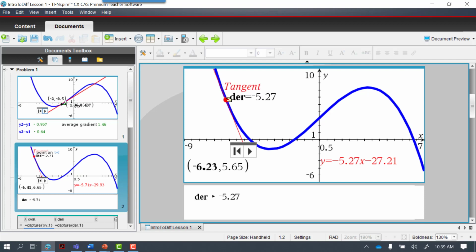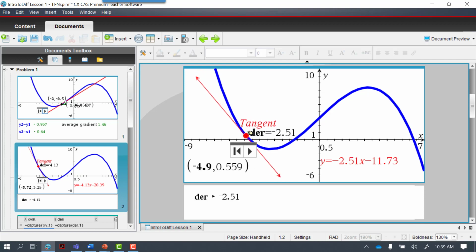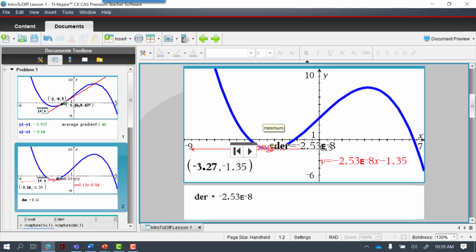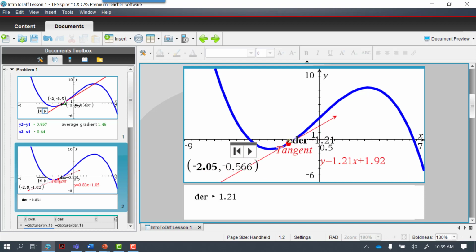Now you will see the gradient is negative, but as I move this down, the gradient is still negative, but it is becoming less negative, and then you will see it is approaching 0, and obviously it will become 0 at the turning point. So if I just pause there, around that point the gradient is 0, and then the gradient now is positive, and this is where I wanted to observe carefully.